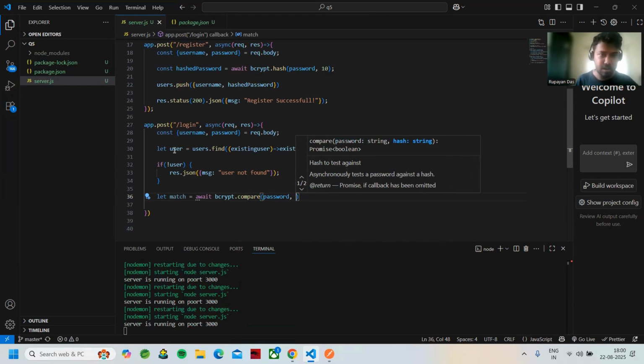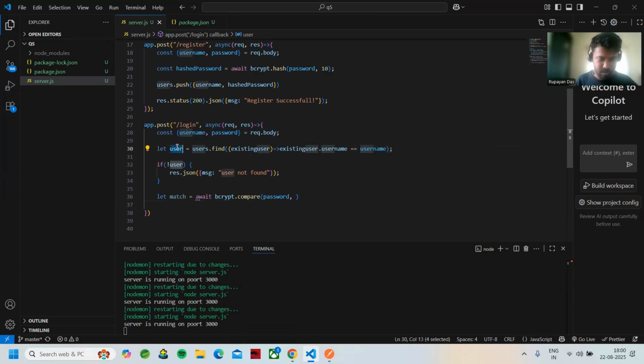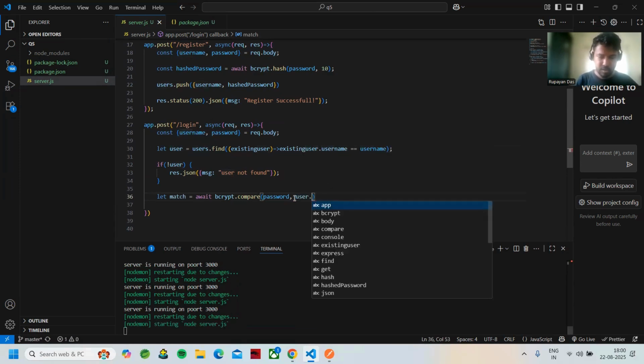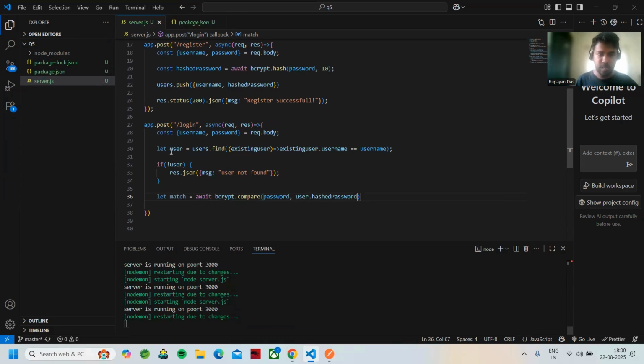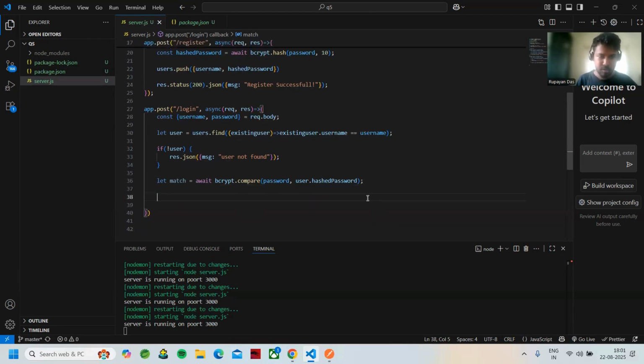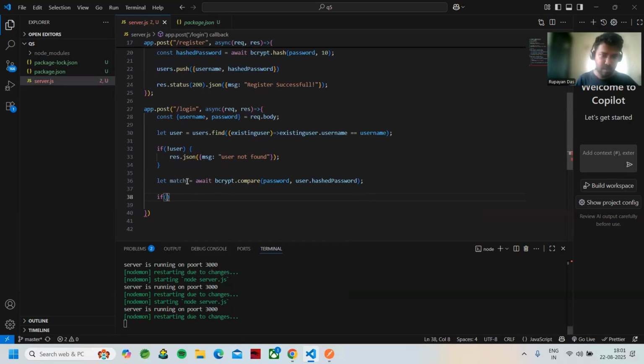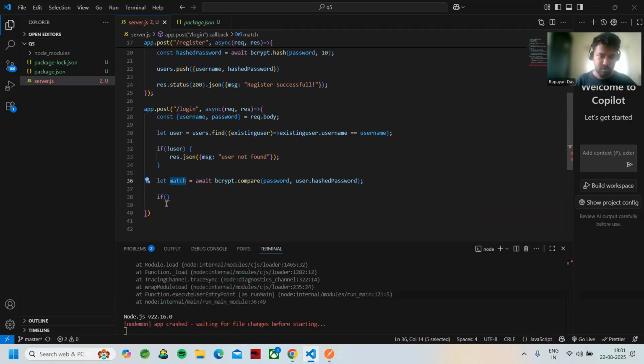So that's why I'll take the users, that user, because inside it the password is there, the hashed password. So this hashed password and the password which the user is giving now, is it the same or not? It will compare. Okay, so let's take if this match is found, so if match equal to true,